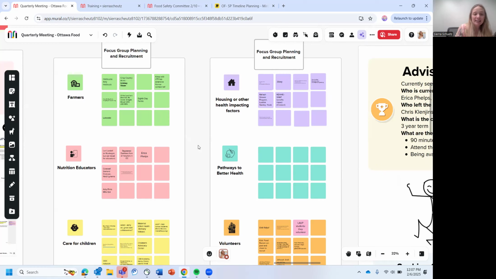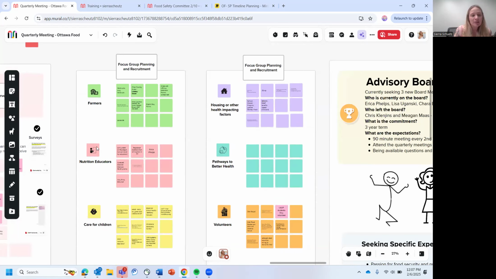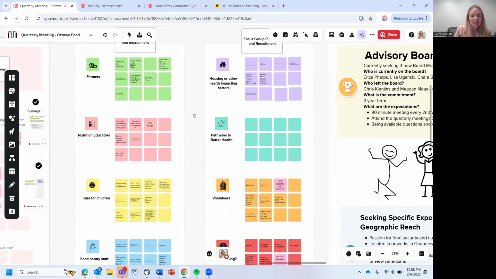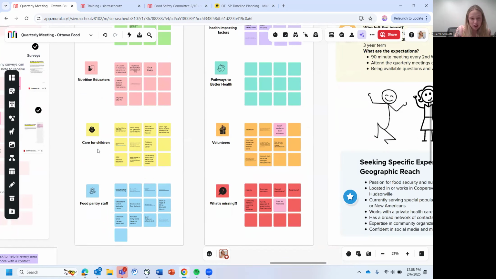So if you will please consider each one of these focus groups and add names. Just double click on a sticky note and say, you should talk to this person or you should talk to this organization. That's really helpful for me. I really appreciate that. So the focus groups we're currently planning are farmers, nutrition educators, people who care for children,